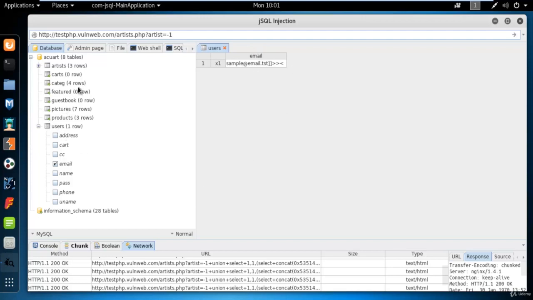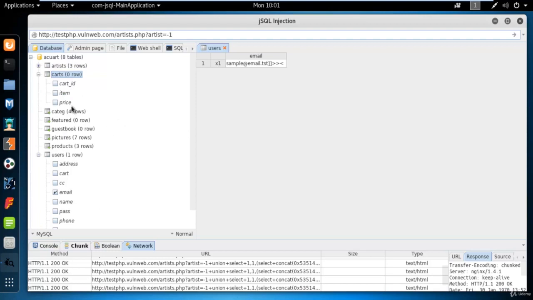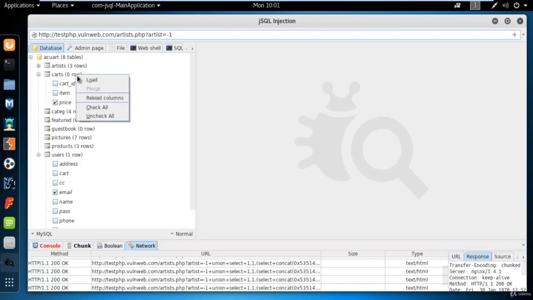For example, if you want to try anything else, for example artists or carts, you can click on price, right click on the carts and click load. So you can find information about the price as well. Close it. Actually it is not containing any rows, that's why it is not showing anything here.